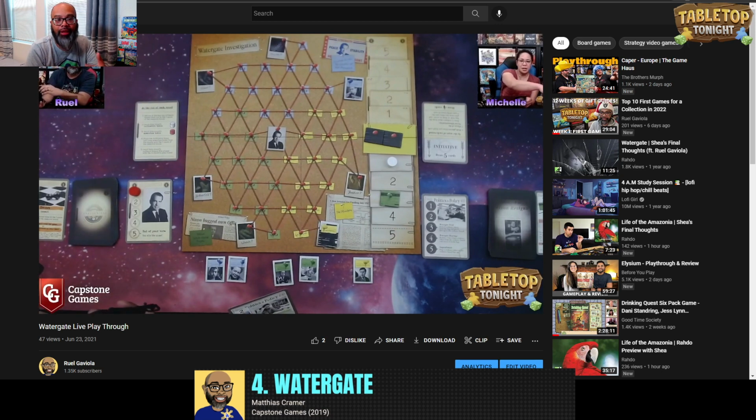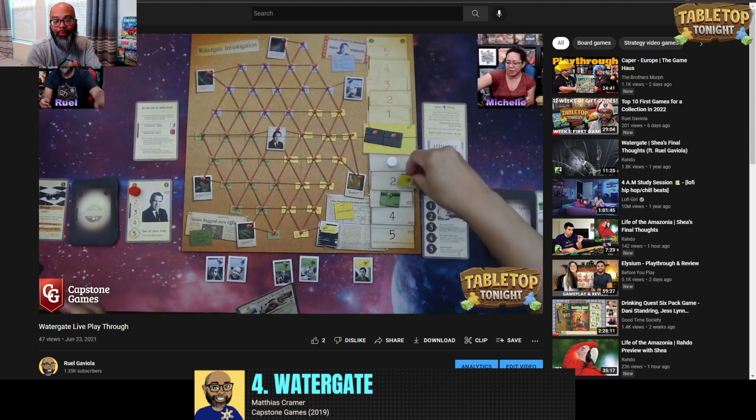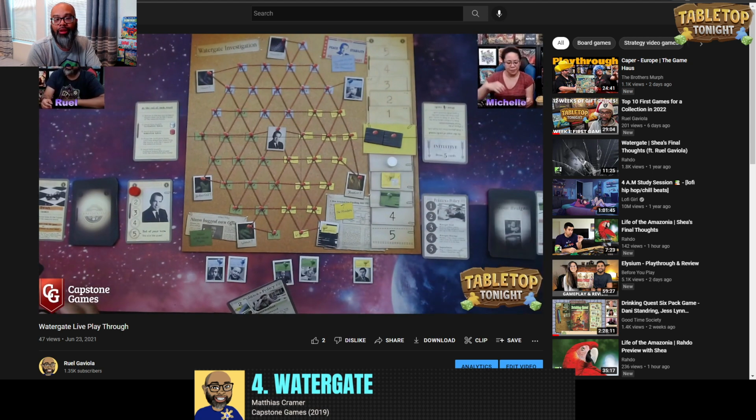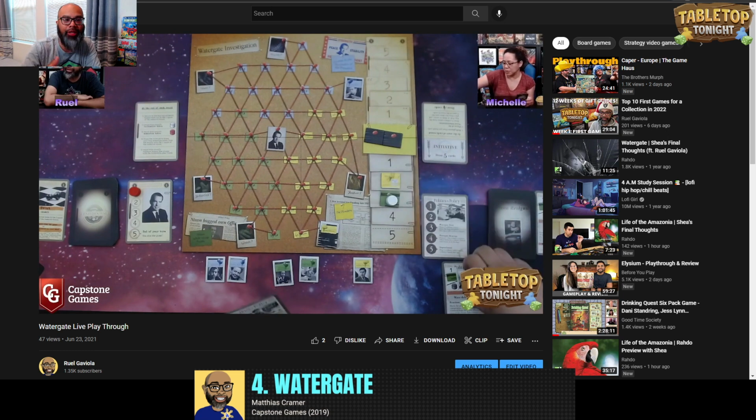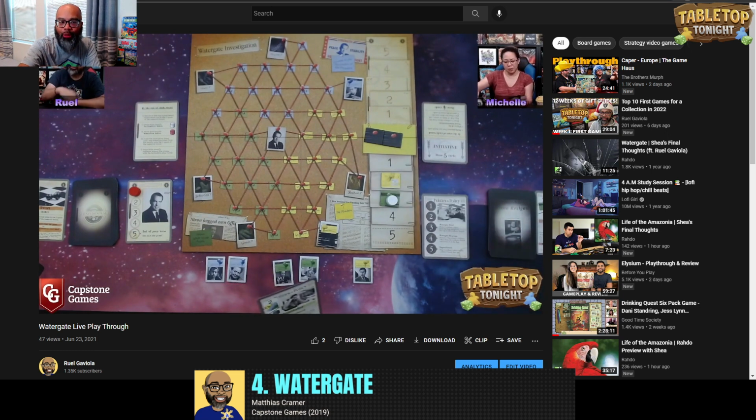Like, can the Nixon administration ride out this wave of bad press? Or can the press take down the dirty Nixon administration? It's up to you to play your cards right. So literally, right? I love the tug of war aspect. There's also like a network building thing. So you'll see you got President Nixon in the middle. The press is trying to